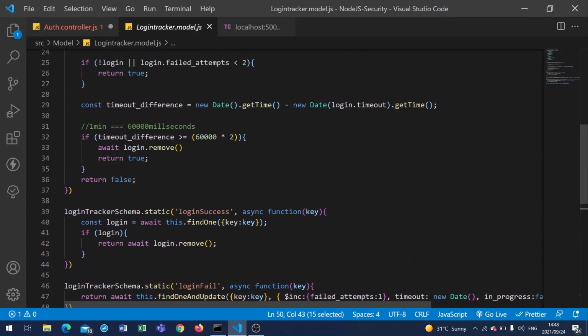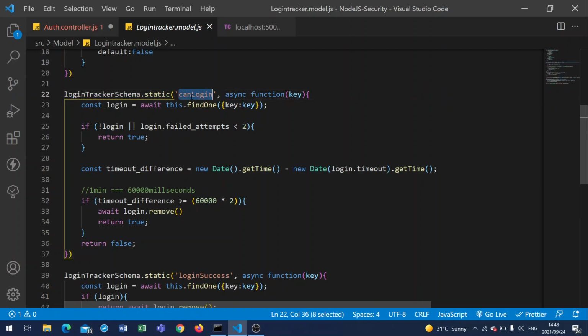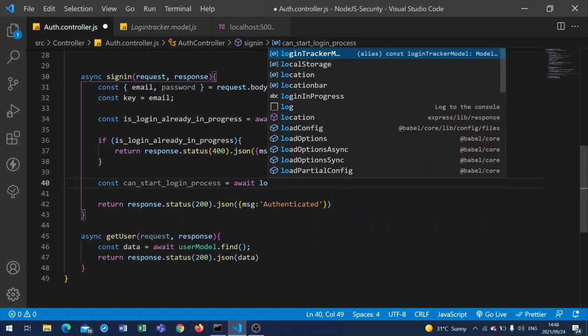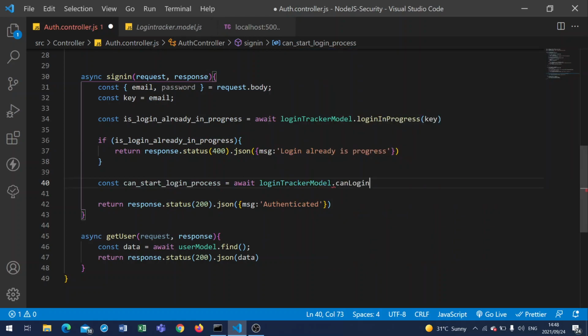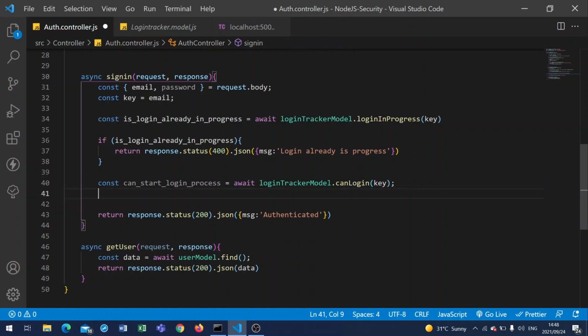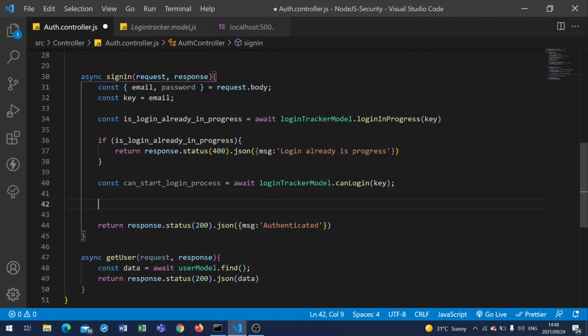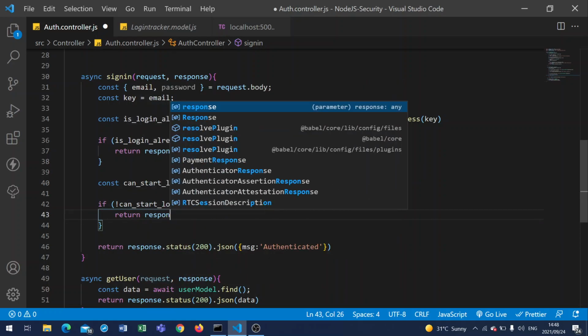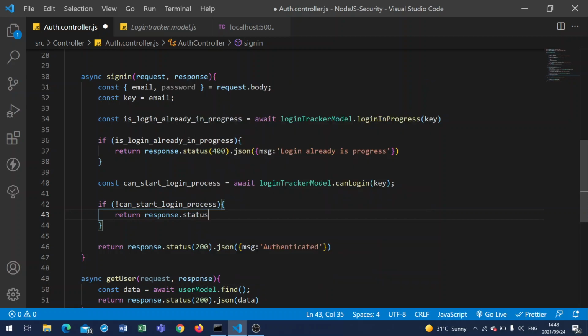Which one handles login checking? canLogin. We copy that name directly, and then we say loginTrackerModel dot, we paste that name, right? And then we pass in a key. So the same thing applies, that this will return back to us a boolean, either true or false. And then I come in here and say if not, and then what do I do is we return a response dot status of